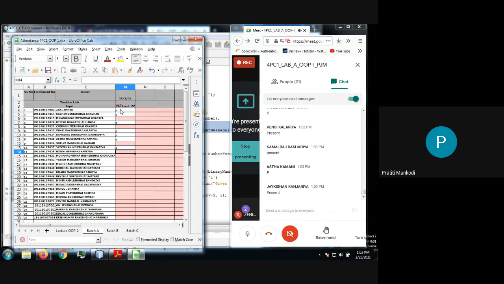Jaikishan, Hiren, Munaf, Yatish. Vishi, Kushal, Umang, Urvisha. Mihir, Nirali, Rahul, Milan.